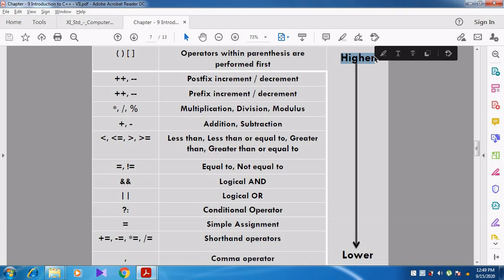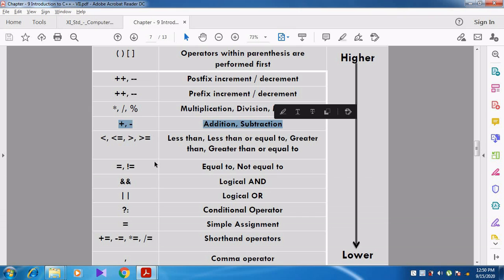Next, postfix increment, postfix decrement. Then priority to prefix increment, prefix decrement. Then multiplication, division, modulo division, that is modulus. Then plus, minus, addition, subtraction.